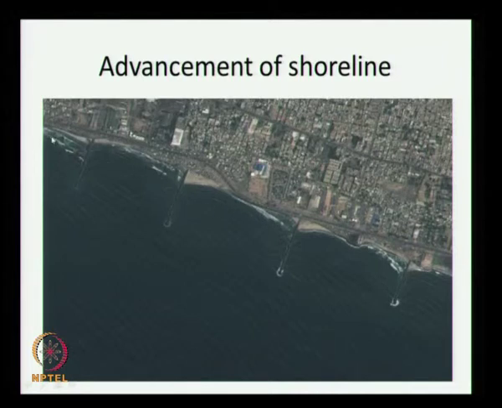What happened is originally the road was here, then it has eroded the road, then they shifted the road inwards, then it has eroded that road also, then they have shifted the road, like that they are going on shifting the road. Now after construction of the groin, the shoreline has advanced, they do not have to repair the road or rebuild the road, that is an advantage, and they are getting a lot of land also here. The cost of the land is much more than whatever the money we have spent.